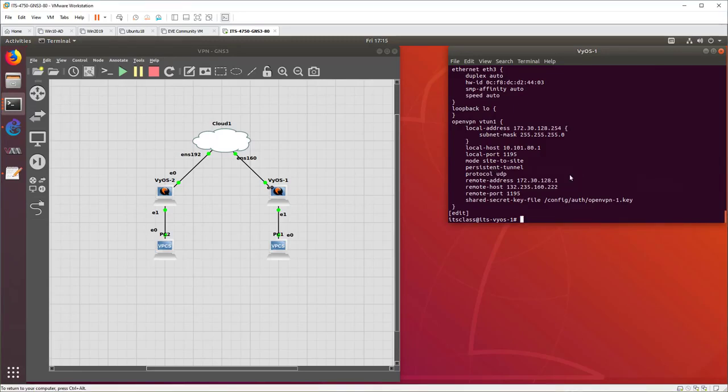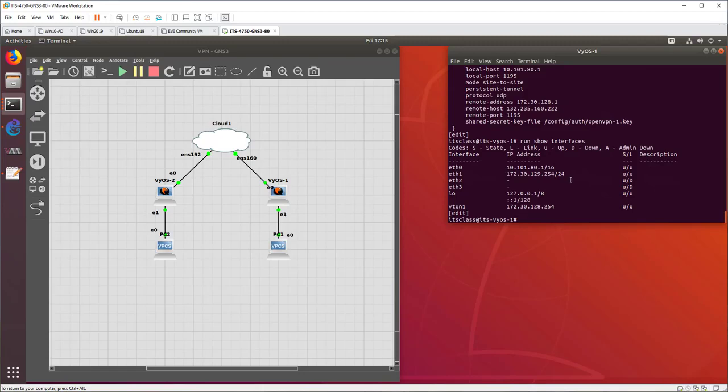So if we want to see what it's seeing on its interface list, we can do a run show interfaces, and we can see that the physical interface got our public address, which we expected, but our tunnel address is also listed in here under vtun1. So our virtual interface for the tunnel is created, but it's not created in the same way. It's created as part of the tunnel. If we look at